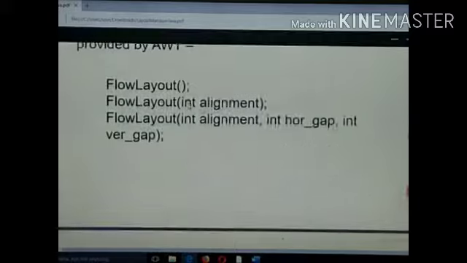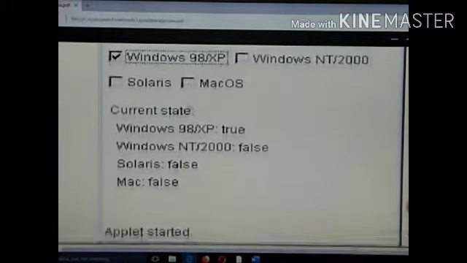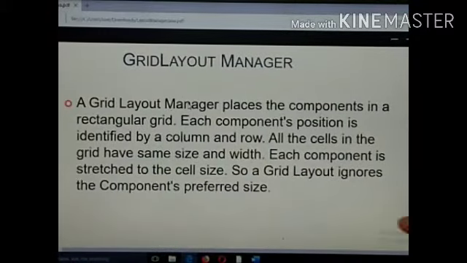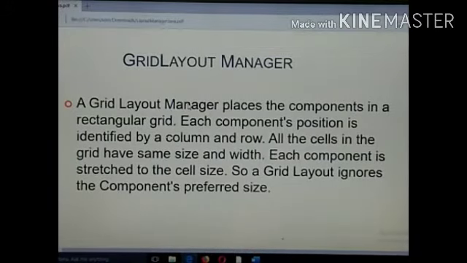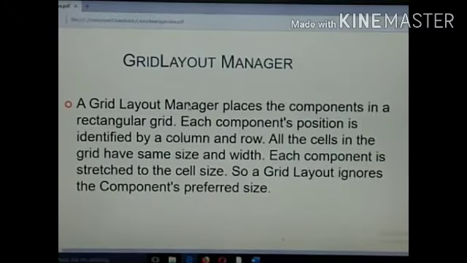So next is grid layout. As the name itself tells you how the layout should be, it is in the form of a grid, or it is a 2-dimensional thing which is having a row and a column. A grid layout manager places components in a rectangular grid.